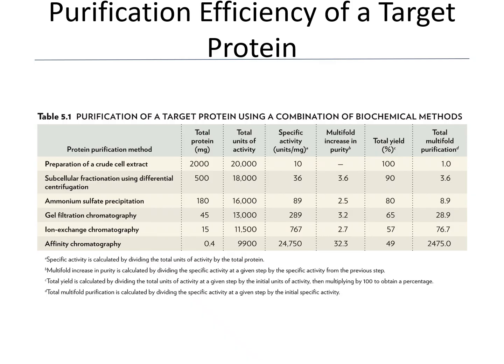And then if you go further down to the gel filtration chromatography, from 180 to 45 milligram, and 16,000 to 13,000 activity, then the specific activity will be 13,000 divided by 45, which is 289. All right, 289 divided by 89 is 3.2. And then 13,000 divided by 20,000 is 65%. And then 289 divided by 10, so it's 28.9. So that's how you calculate the purification efficiency of target protein after each step of purification. So I hope you will familiarize yourself with this table and how to do the calculation. So let's say for the chapter 8,